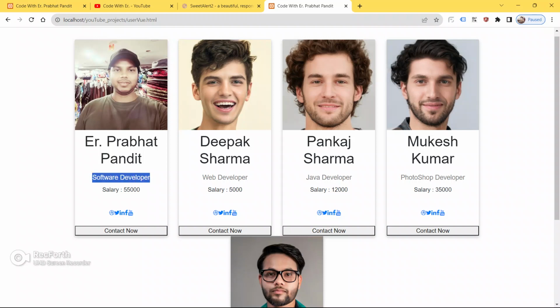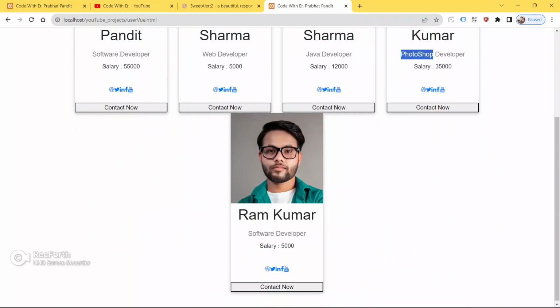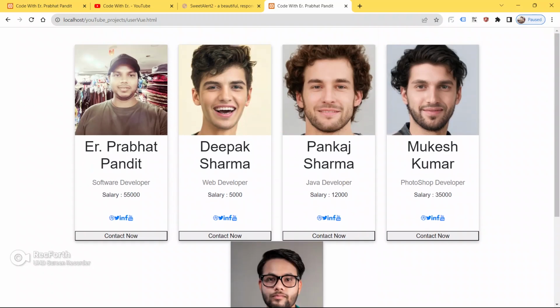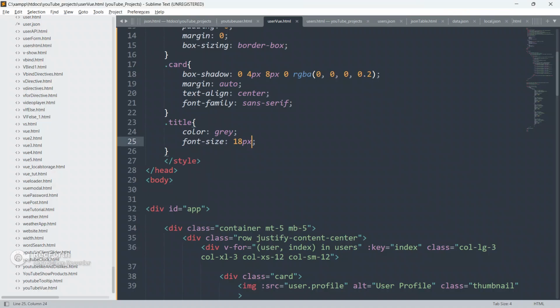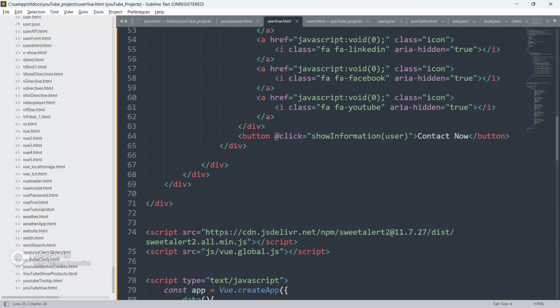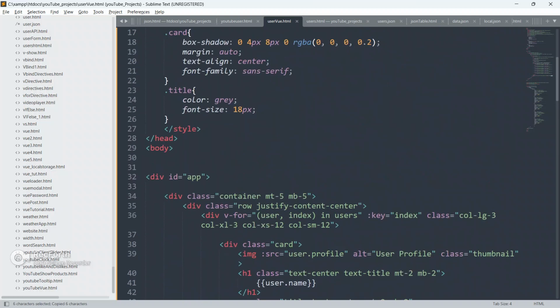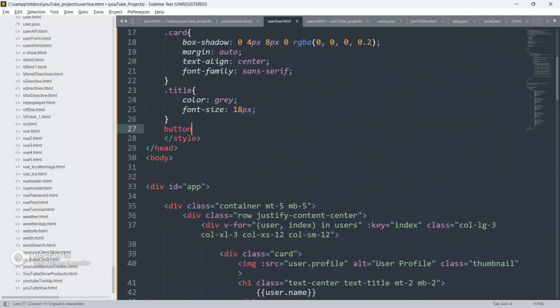Refresh the page now. We can see the gray color here, with the designations: software developer, web developer, Java developer, Photoshop developer and software developer. Now again go to the code, and I'm going to target this button.